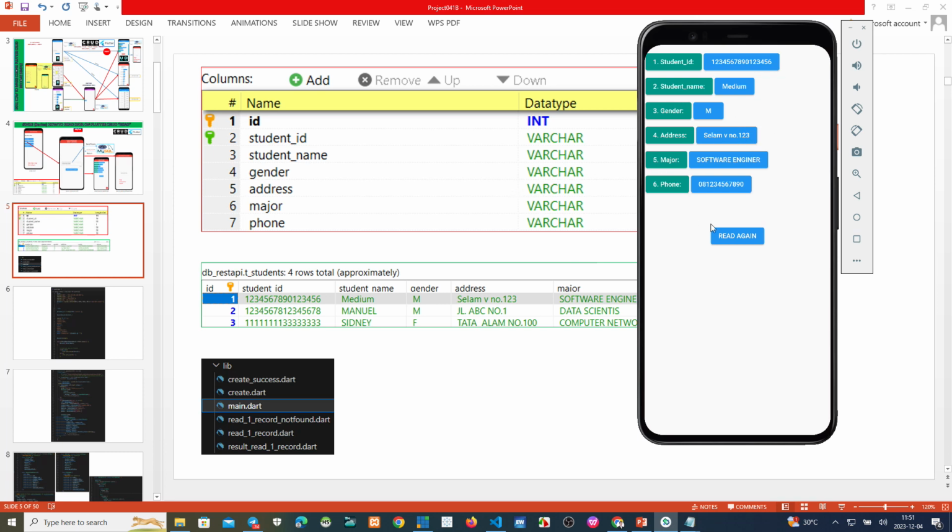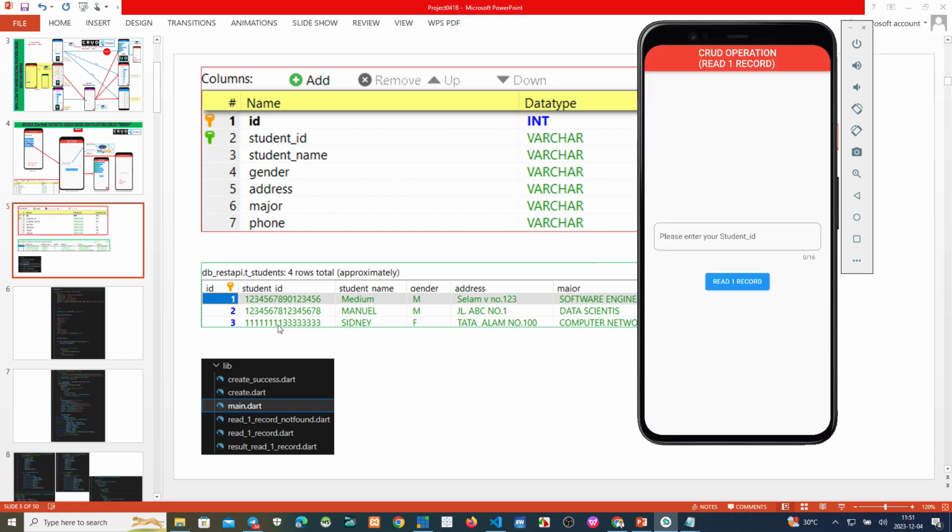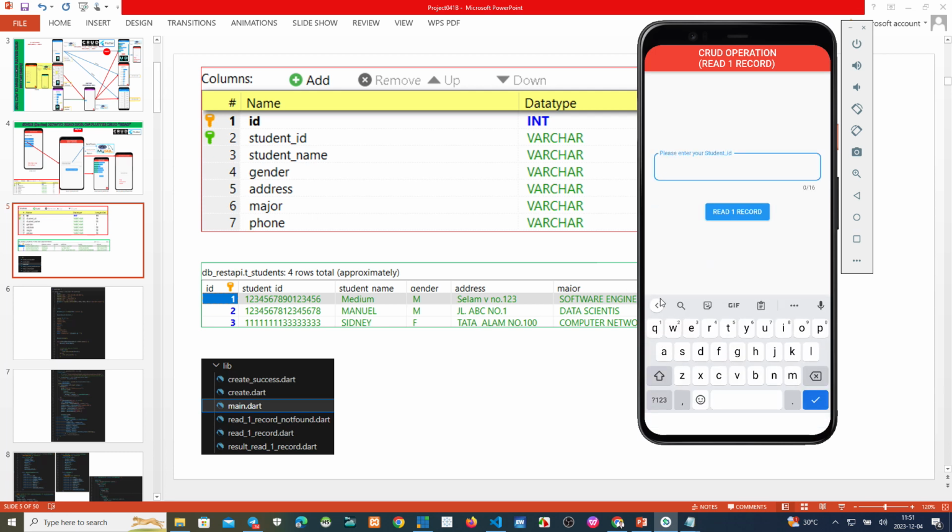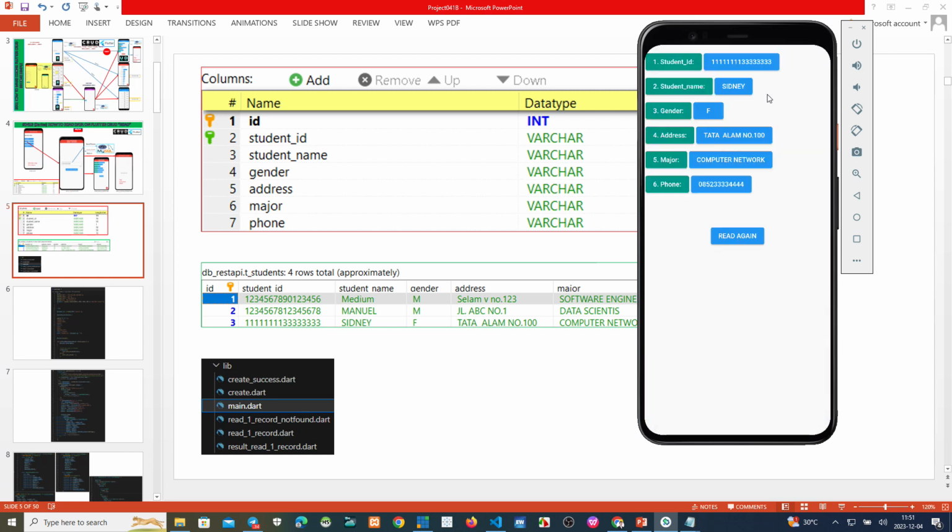Okay, if we change and then make this, for example, 1 2 3 4 5 6 7 8, and then number 3, 8 1 2 3 4 5 6 7 8. Okay, this one is already finished. Send it, and then we will see the result.